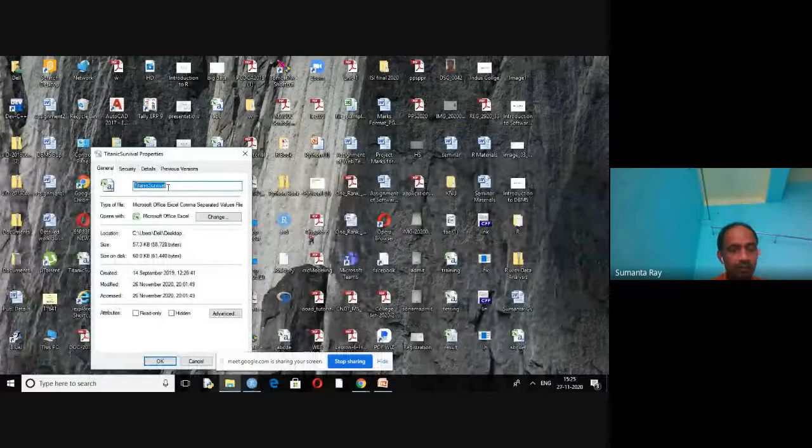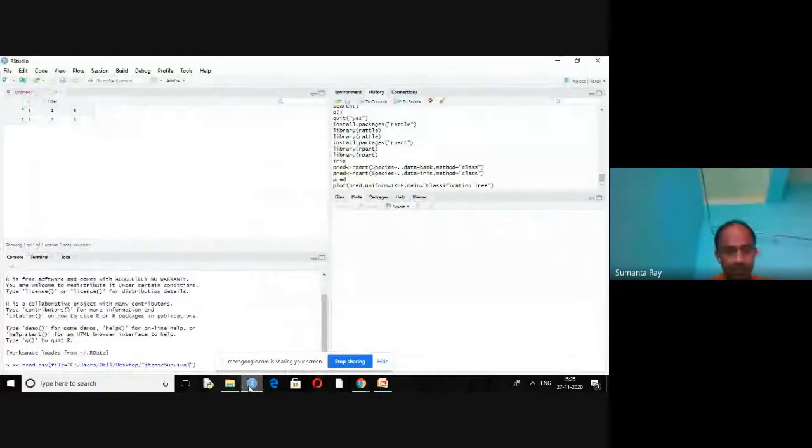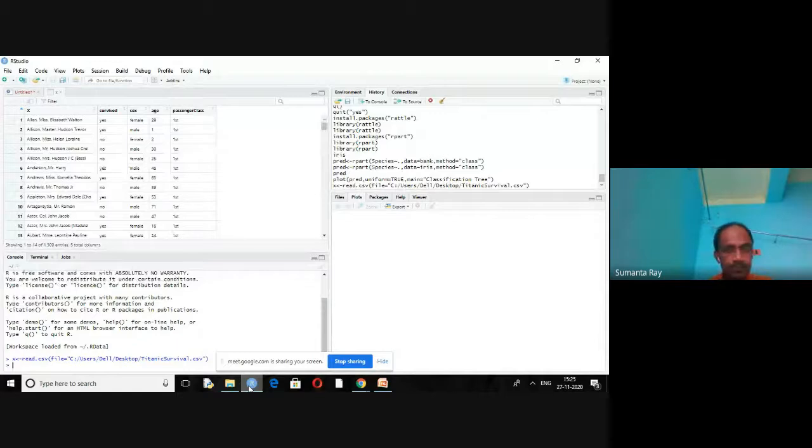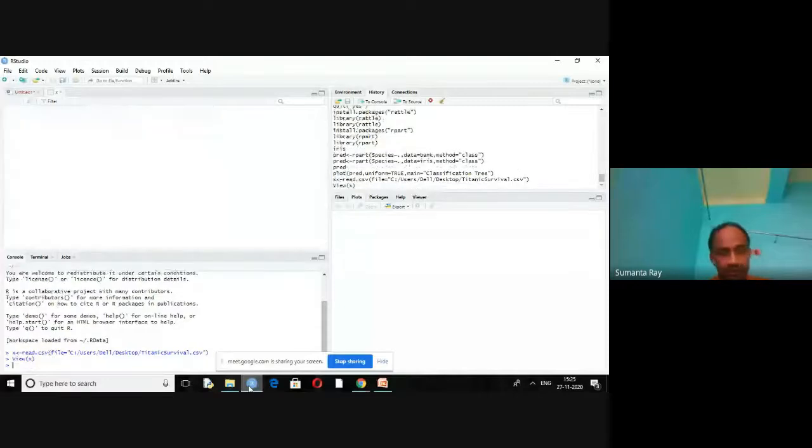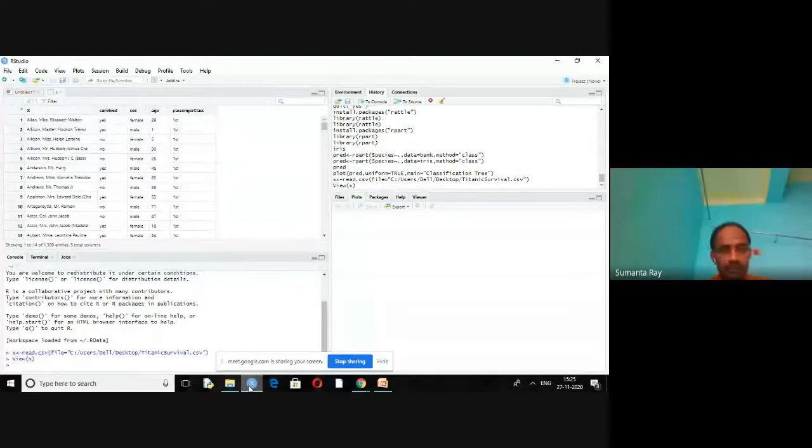Titanic Survival. I have downloaded it from the internet. I copy it and paste it. And you have to give the extension. The extension is .csv. Here I am trying to import a CSV file by writing an R command. So that is a complete command to import a CSV file that is present on my desktop. You display the file by using this command. Clear? So this particular file has been displayed. There are so many techniques. Clear? So that is one technique.